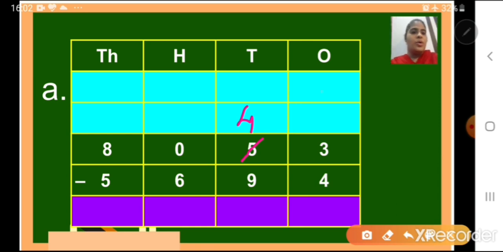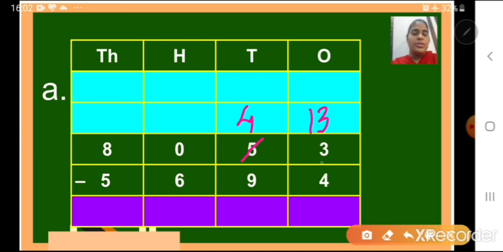Okay. So in ones place I got 10 ones. Now 10 ones plus 3 ones. Understand children? I got here 10 ones plus 3 ones is equal to 13. 10 plus 3 is 13. Or simply what you are borrowing from your 1, you can write here in front of 3.